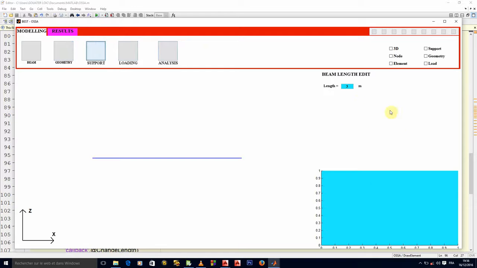When we click for support, what is concerned with support will appear here. If we don't want anything to appear here, we just need to press the escape button on our keyboard. So that is the next thing we have to program: when we press the escape button, all that is here should disappear. So how do we do that?